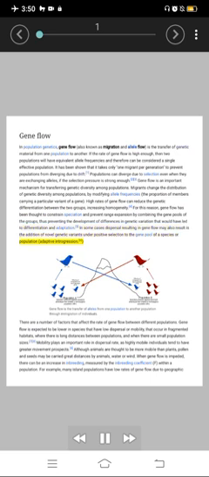Gene flow is the transfer of alleles from one population to another population through immigration of individuals. There are a number of factors that affect the rate of gene flow between different populations. Gene flow is expected to be lower in species that have low dispersal or mobility, that occur in fragmented habitats, where there are long distances between populations, and when there are small population sizes.